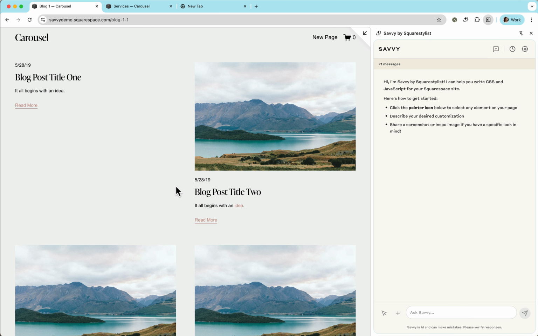So far, the examples have been working well, but I'd like to emphasize that Savvy is AI and it can make mistakes. It is not a replacement for human judgment. Actually, it doesn't have a context of all the CSS and all the JavaScript that are affecting the Squarespace site. It is only aware of the elements of the site and the coding patterns and best practices that I've trained